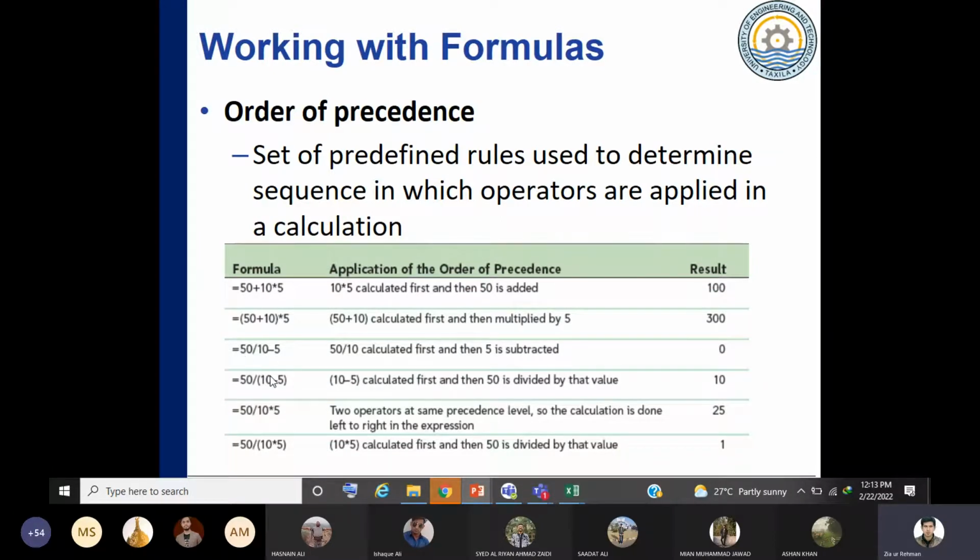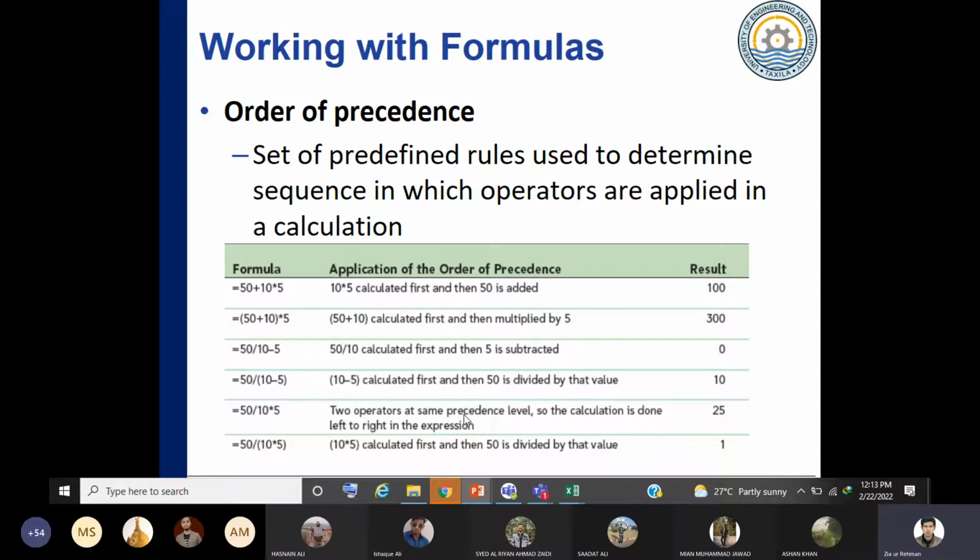If he wants to do it like that, he should first add a bracket for 10 minus 5. Once you have added the bracket, in the precedence order it would first solve this bracket and then apply the division operator. So 10 minus 5 would be 5, and then 50 divided by 5, and you would get the answer 10.